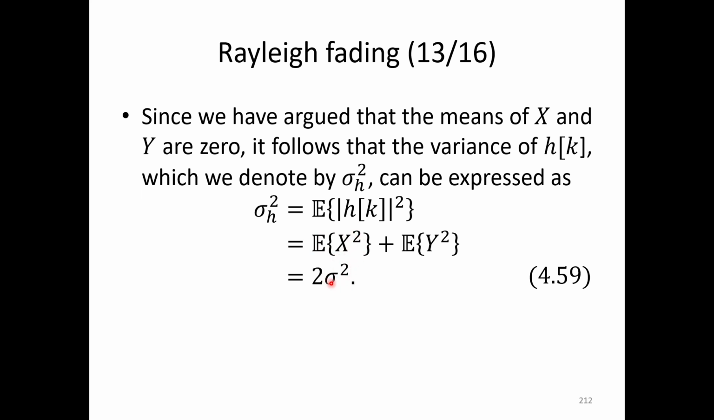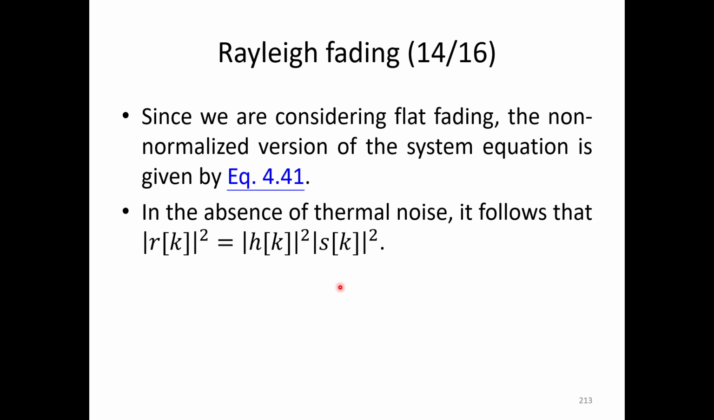And the expectation of x squared is equal to sigma squared, and is equal to expectation of y squared. So the second line is equal to 2 sigma squared in the third line. 那么因为呢这个 x 平方的期望值等于 sigma 平方，那么也等于 y 平方的期望值，所以第二行呢就会等于第三行之中的2倍的 sigma 平方。Since we are considering flat fading, the non-normalized version of the system